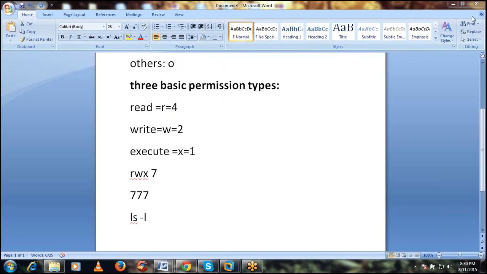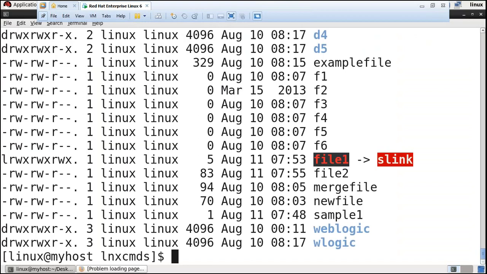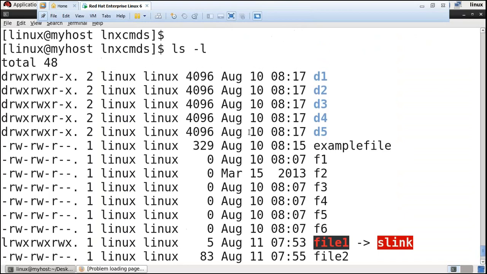Right. So this is what you are hearing: you are giving the full permissions to this file. That is what we see by doing ls space -l. On the left side we have the rwx and r-x.